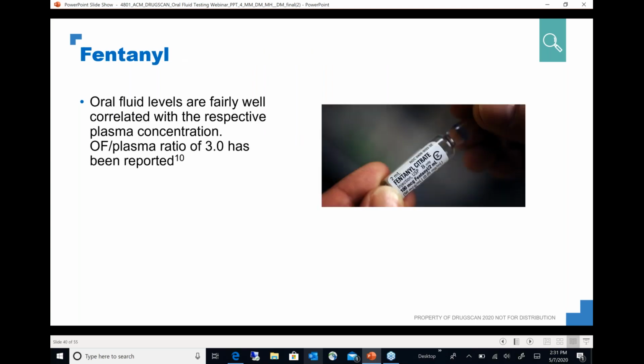Fentanyl. Oral fluid levels of fentanyl are fairly well correlated with the respective plasma concentration. An oral fluid plasma ratio of approximately 3.0 has been reported. And I have an interesting anecdotal story to tell you about oral fluid fentanyl that happened at DRUGSCAN. I took a call from a clinician asking about what appeared to be absurd fentanyl results on one of his